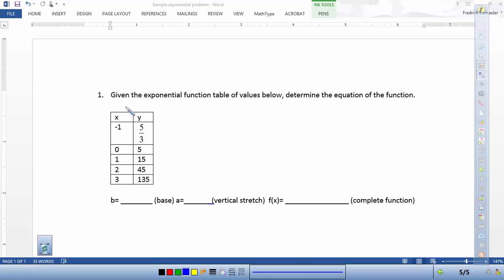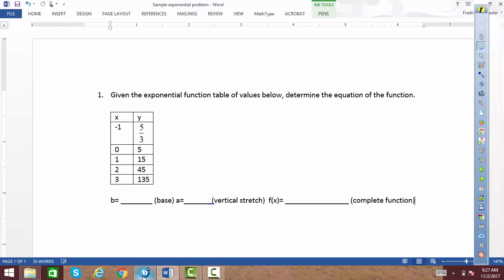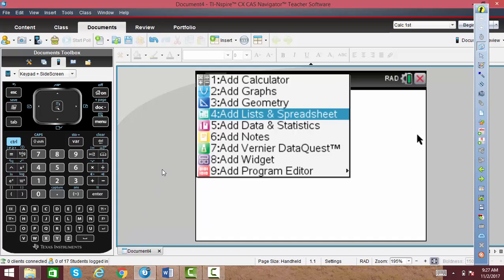This video will show you how to work an exponential data problem using a regression calculation in the TI nSpire CAS calculator. So we're given an exponential function, a table of data here with x and y data. So I know it's an exponential function. I'm now going to go to the calculator and I've started a new problem, and I'm going to go from